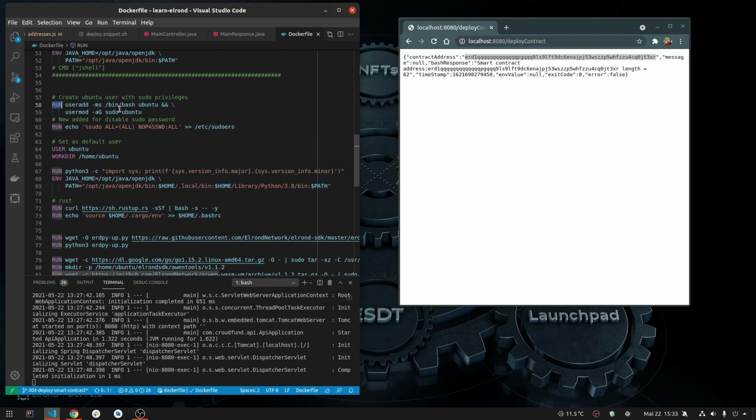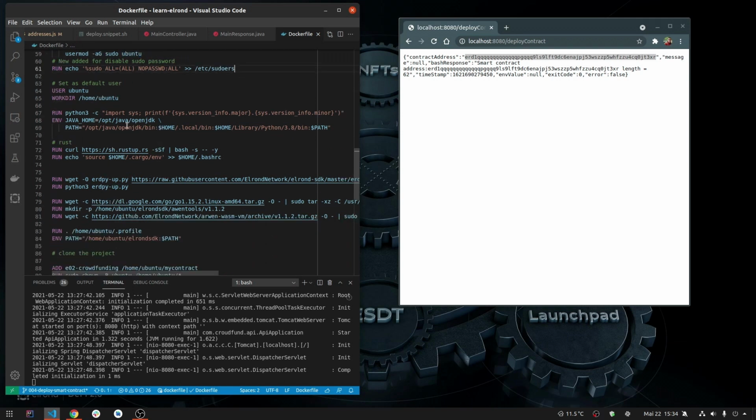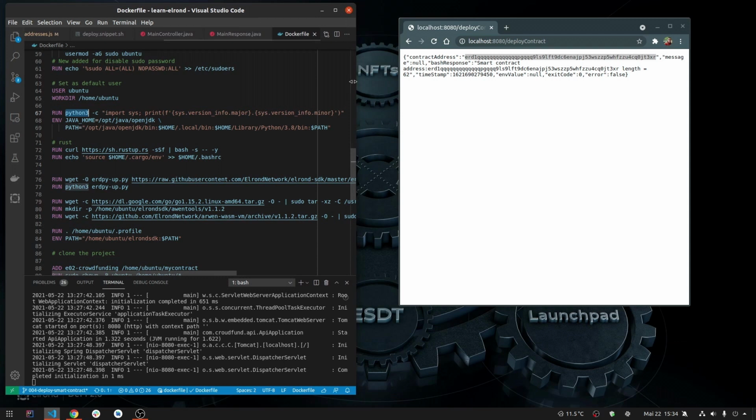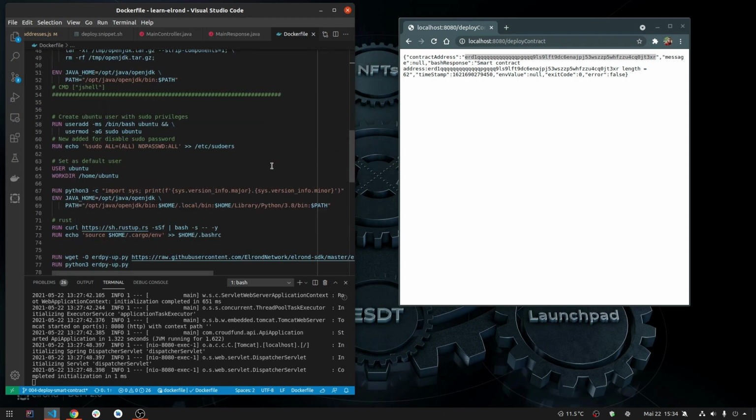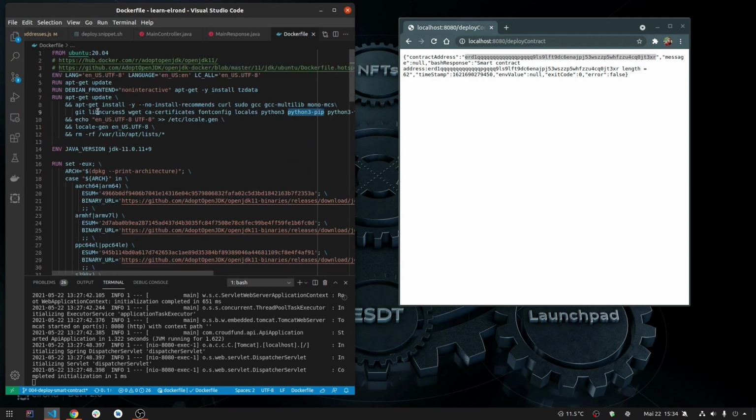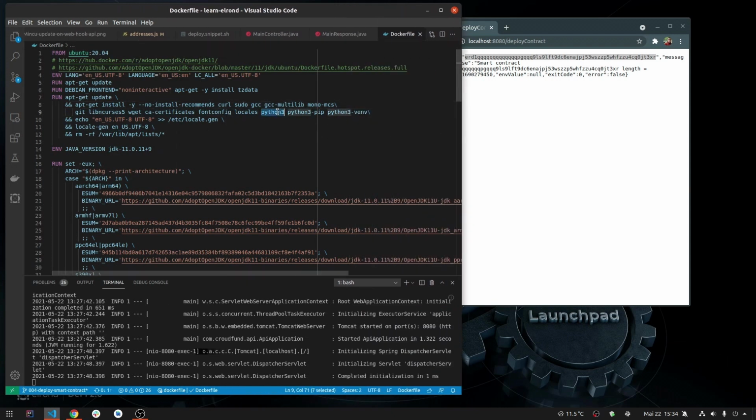Basically I am creating here the group and the user Ubuntu. This is just a debug message, and then we need to install Python 3. Even if at the top I added Python 3 and Python 3 pip, well, actually it's not 100% like that. I modified the update and install section with the bits that I needed. So what else is new here is Python 3 and also